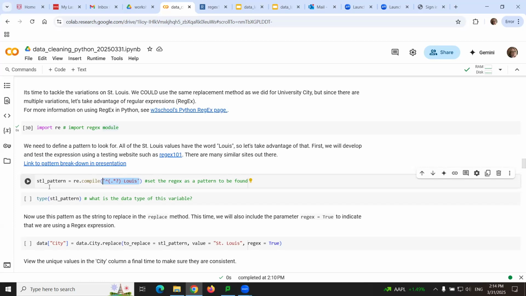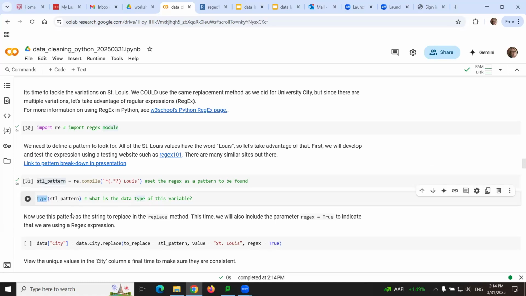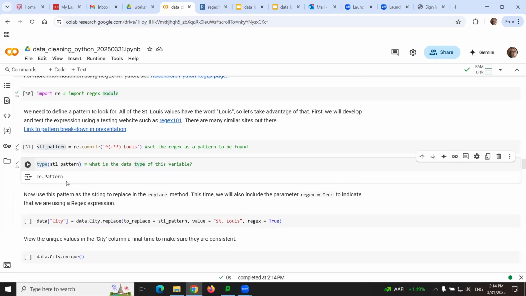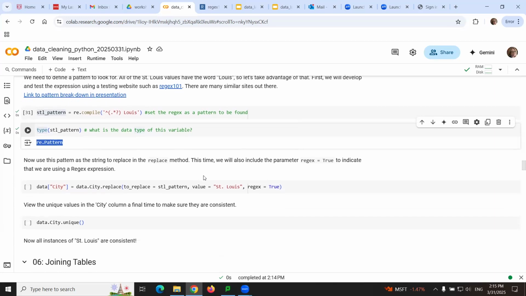And we're going to set that expression to a variable called STL pattern. So let's run that. Again, I kind of like to know what data types I'm dealing with here. So I'm curious, what data type does Python think STL pattern is? And we can use the built-in Python function type, which is going to tell us the data type of a specific variable. And so this is telling us that this is an object within the regex library, and it is a pattern object. So it's recognizing this as a pattern that it's going to be looking for in our text